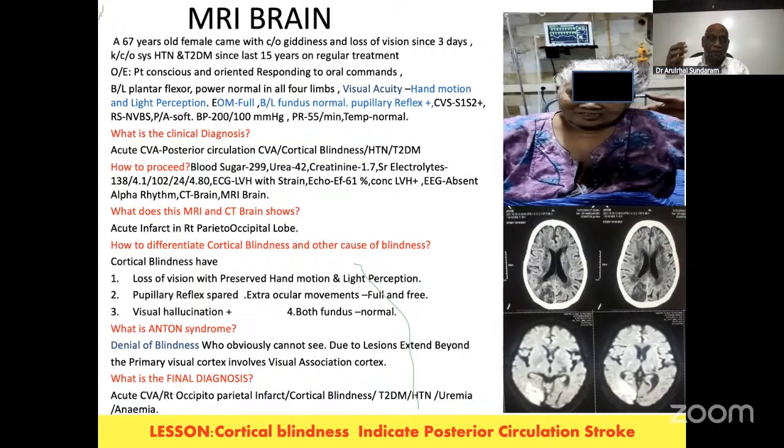In this condition, you must think that it could be cortical blindness. Blindness could be due to a peripheral cause in the eye or a central cause in the cortex. In this condition, it is not peripheral, it is central. And this central cause is always due to some infarction, so do a CT or MRI. With angiography you are able to make out a posterior circulation stroke, a huge infarct is there. This is CT, this is MRI. And this takes time to improve. This patient has central blindness, which is what is called Anton syndrome. With anticoagulants and long-term antiplatelets, the eyesight slowly recovers.